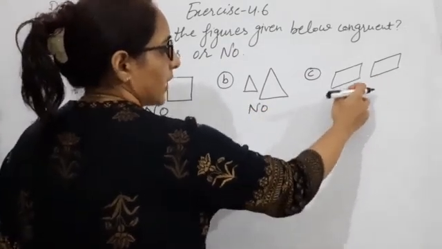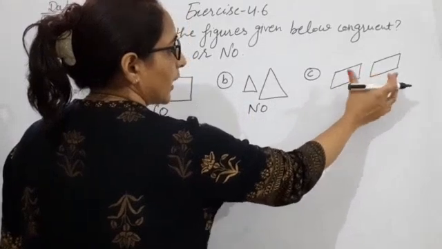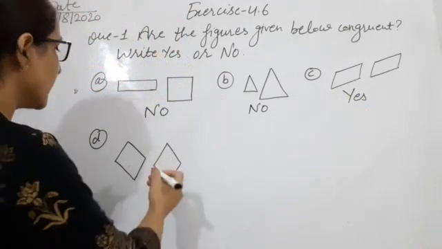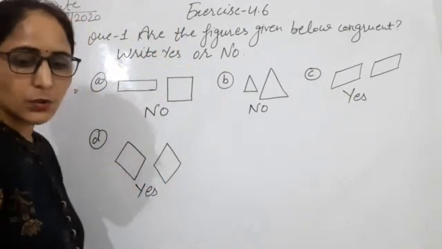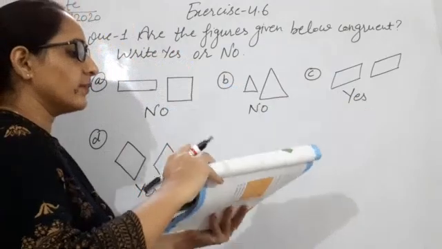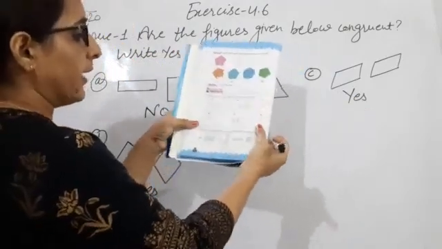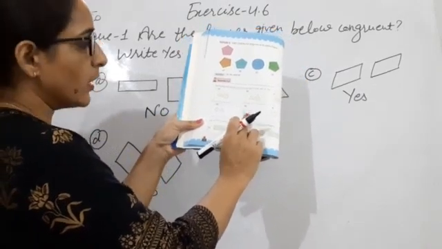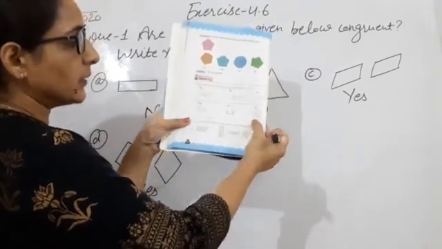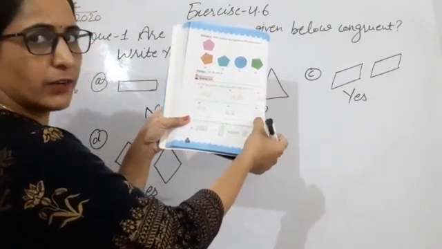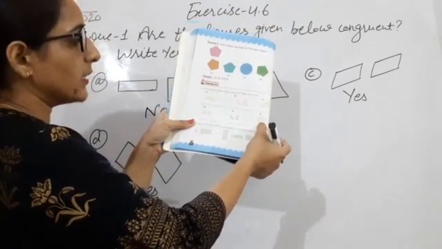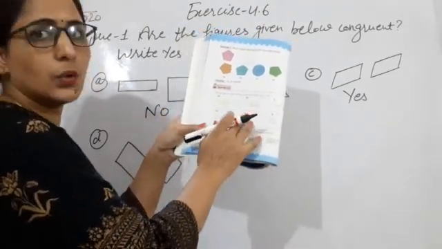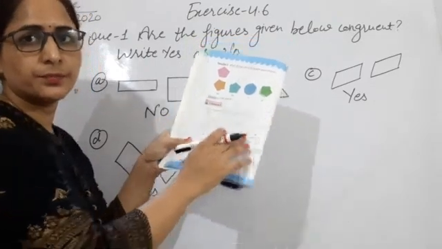And both are the same, when we see here both are looking the same, and in size they are same, so we write here yes. And we also write here yes. And in your book there is given part number E and part number F also. You do yourself. In part number E, both the figures are different, so we write here no. And in part number F, both are different in size, so also we will write here no. Clear? So this is your question number 1. We write here yes or no in this question. Clear, student?